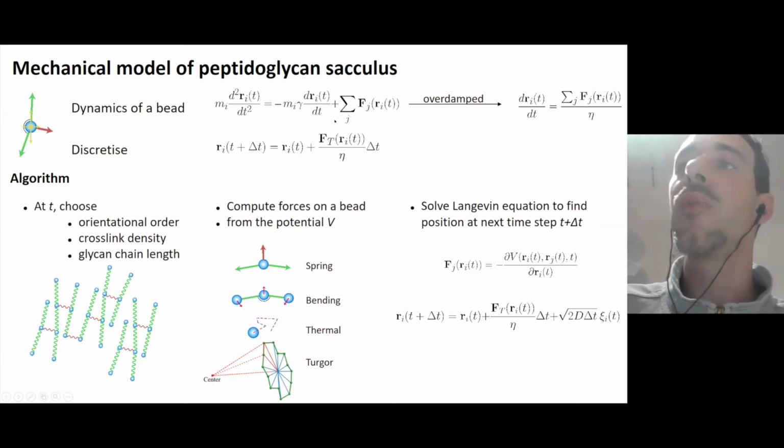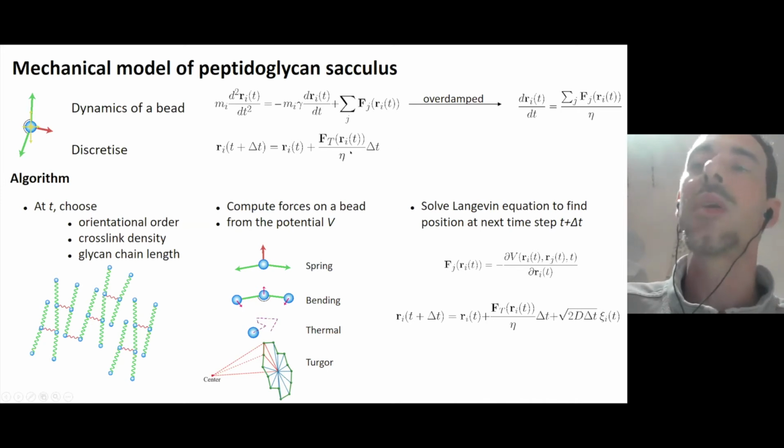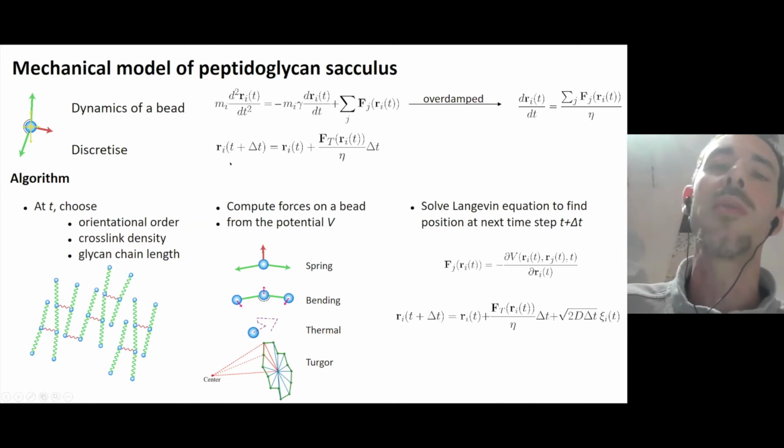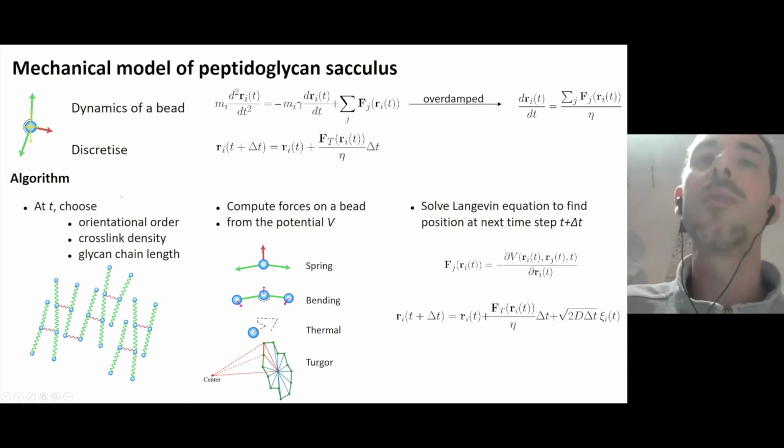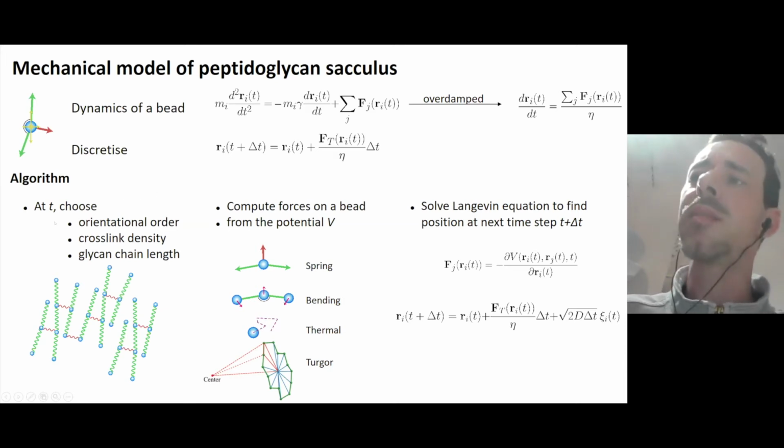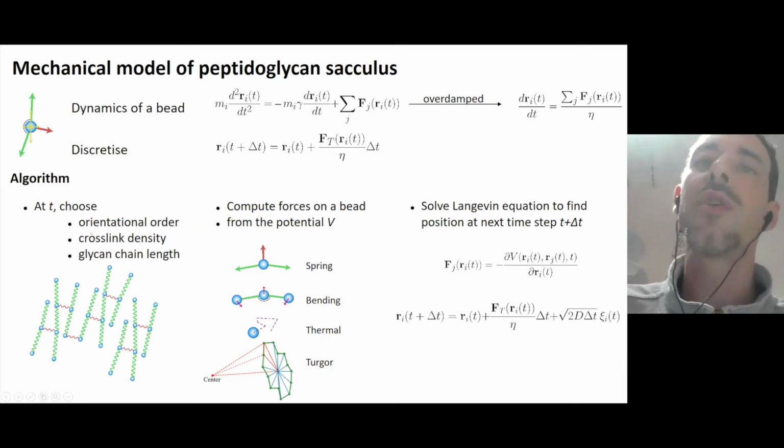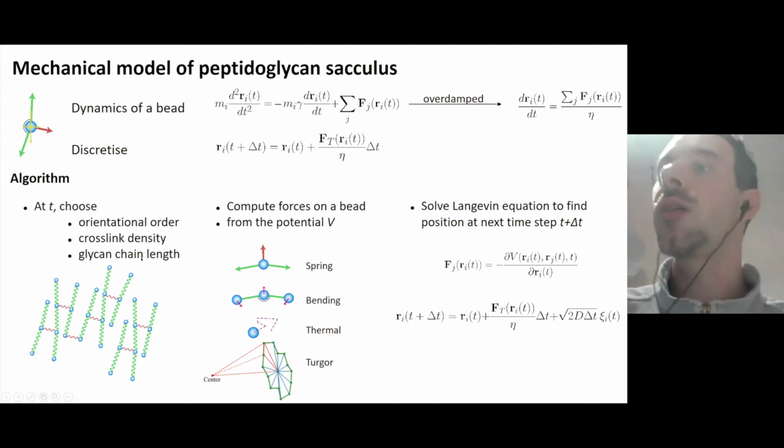We work in an overdamped situation, so that the equation can be simplified a little. After we discretize it, we can implement it in the computer with an algorithm. So our algorithm is working at time 0. We choose the orientation of the glycans, the cross-link density of the peptides, and also the length of each glycan